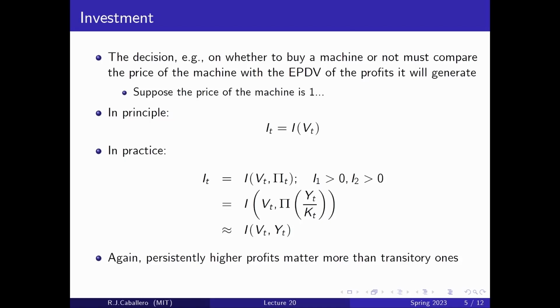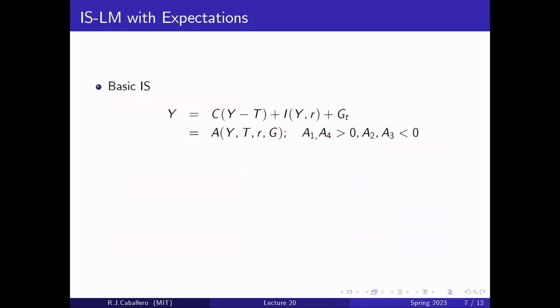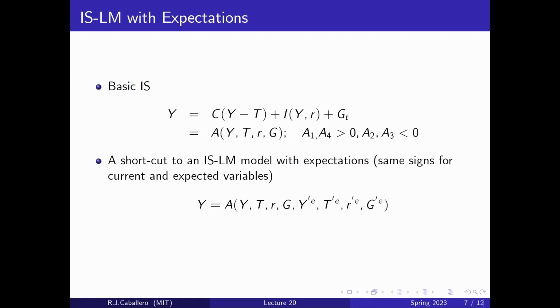It has future output, as a proxy for future cash flows, but also current and future interest rates, because those affect the value of those future cash flows in terms of today's dollars. And we put all of this together, and we ended up with an expanded aggregate demand in which we had the same parameters that we had when we did the static model without expectations, but now we get sort of the same things repeated here 1 year ahead, because it matters not